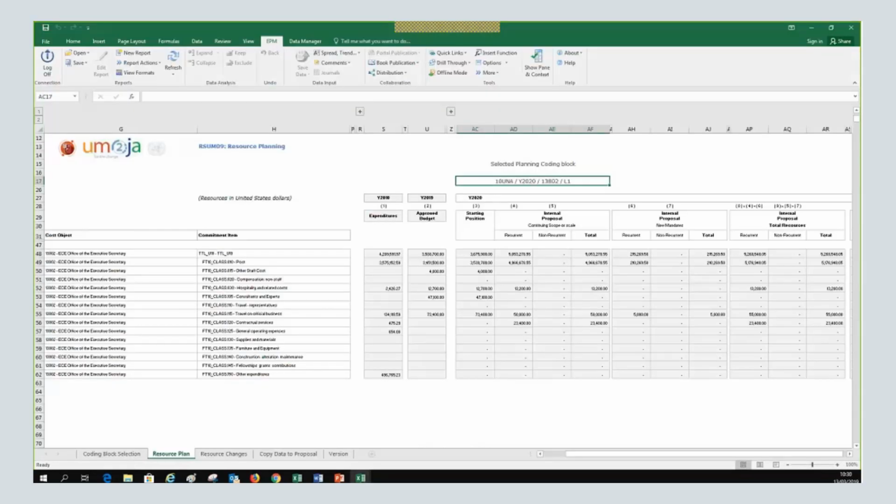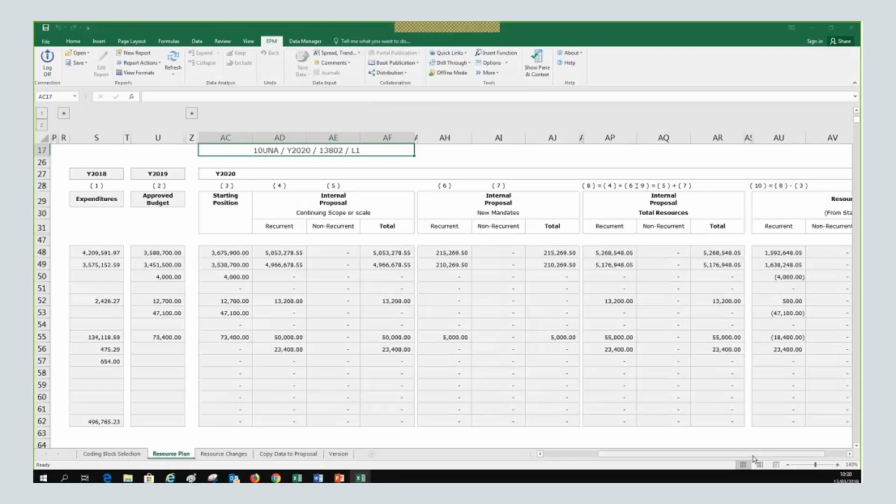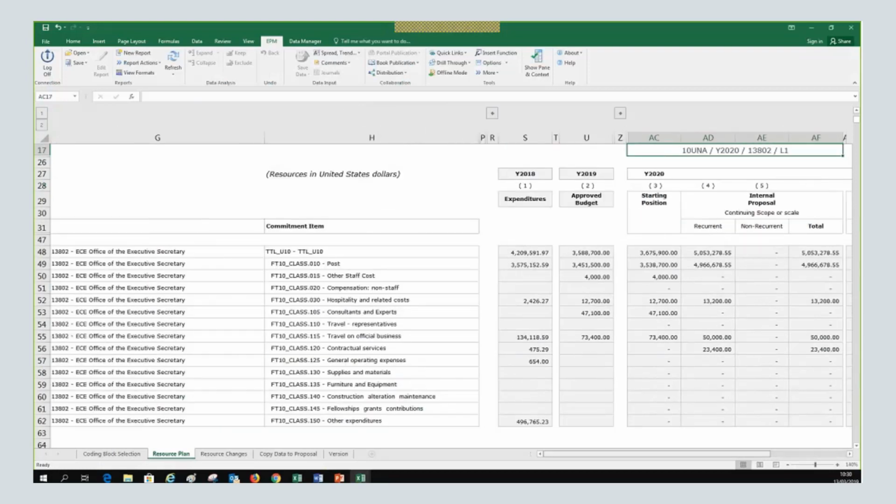Okay, thank you, Daniel. So basically, this is the point I wanted to get to in order to explain the behavior of the commitment item hierarchy. So let me zoom in a bit. Okay, there we have some figures that we will discuss later, and then we will play with the form. But on the left side, oh, it's not showing it, right? Oh, okay, we have the class here and the cost object. Okay, so you see the commitment item column, it has a list, right?